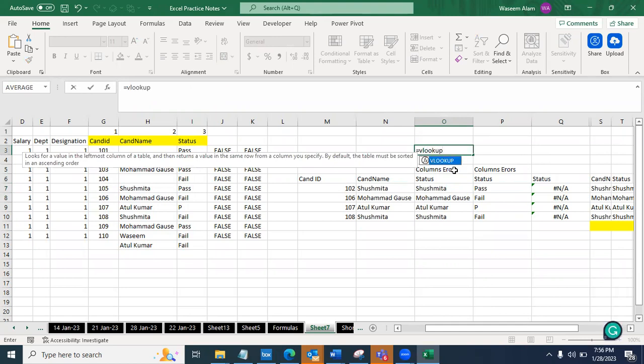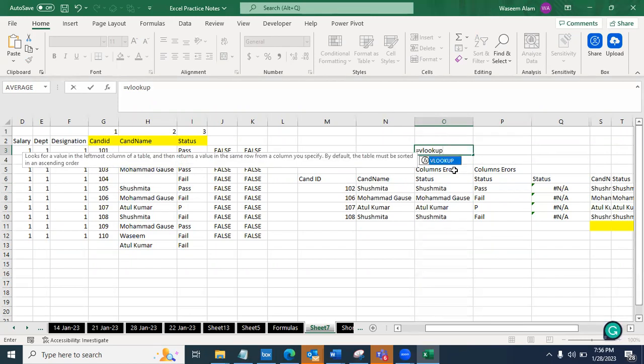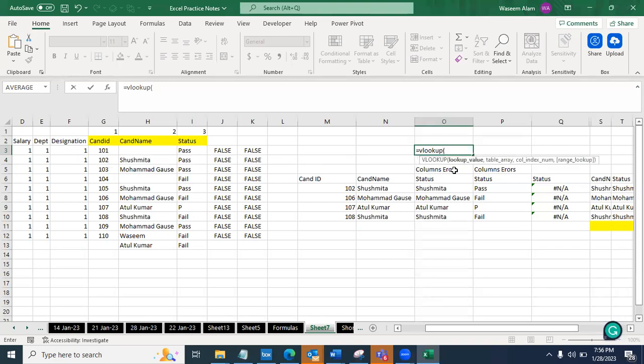Then type bracket, Shift with 9. If you press Shift with 9, it will open the bracket. Now each and every syntax will help you to get the output, the correct output, the requirement output. If requirement output is equal to correct output, and